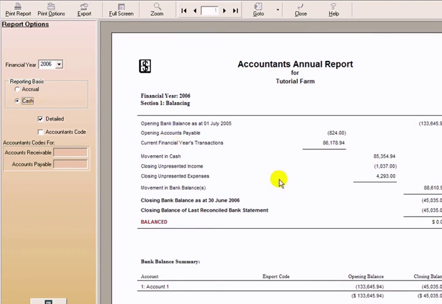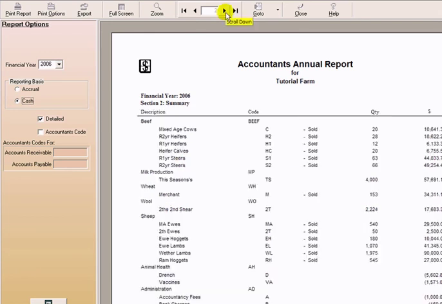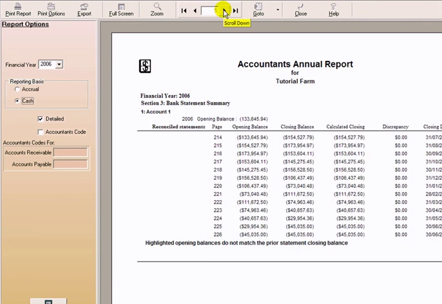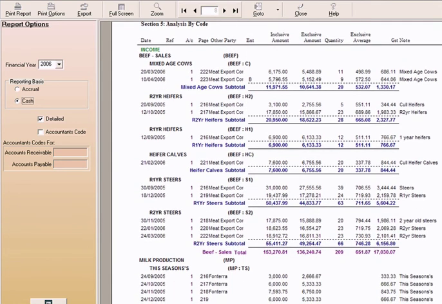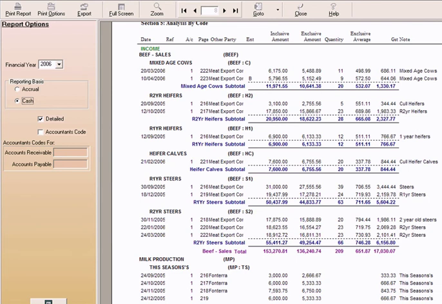This first page just checks that it all balances and reconciles. Then it lists a summary of all the code totals and associated quantities. It confirms that all the bank statements are balanced, and then lists code by code all of the transactions that have been recorded